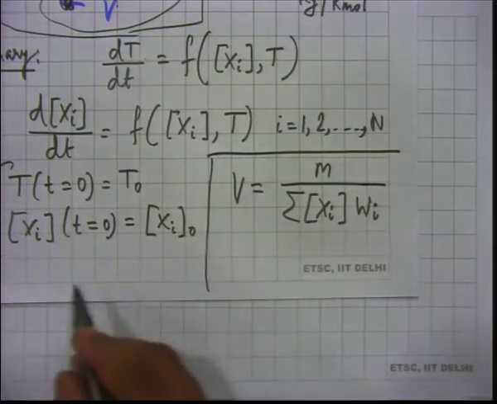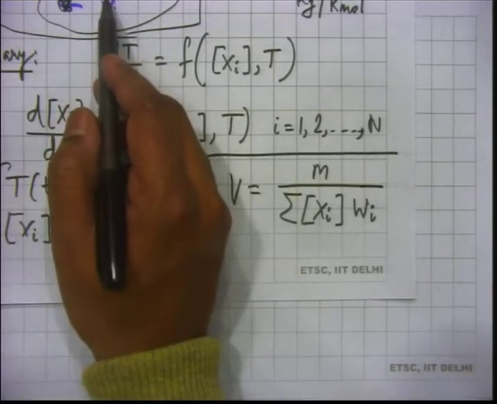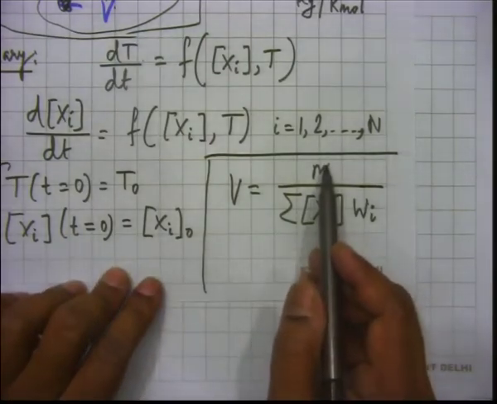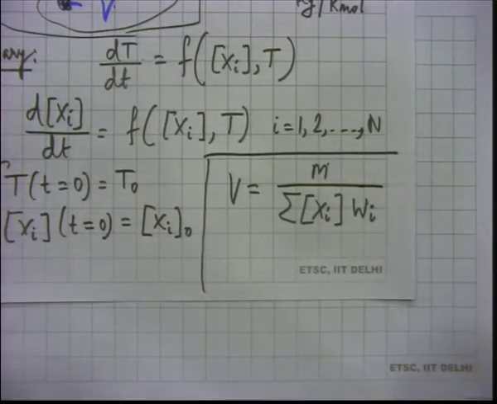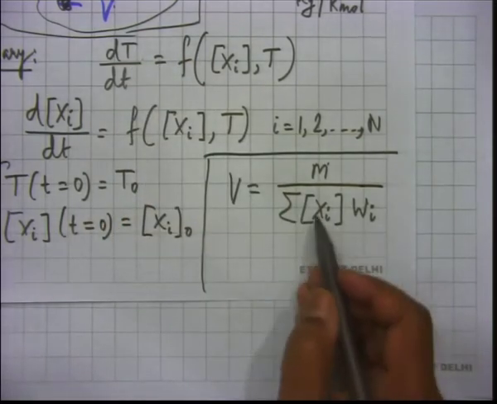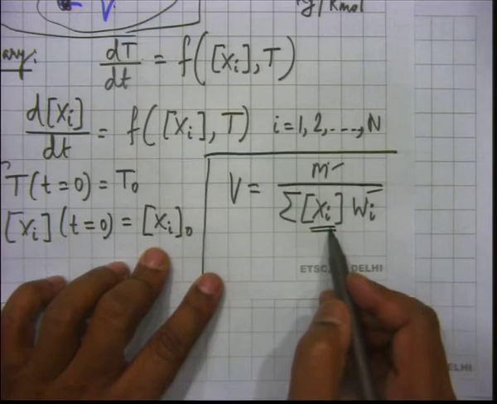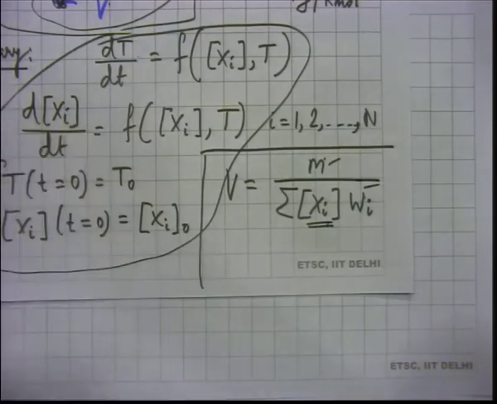This is a step which I missed. This is obvious from here because Ni by volume is xi, and mass is known, mass is not an unknown. This is a fixed mass system. So, the temperature equation had that q dot by V in the numerator. That volume is this, which is already expressed in terms of something known. This is known, these are known, and the variable is xi. So, this gives you a summary of everything that you need to have, and we can solve all this.